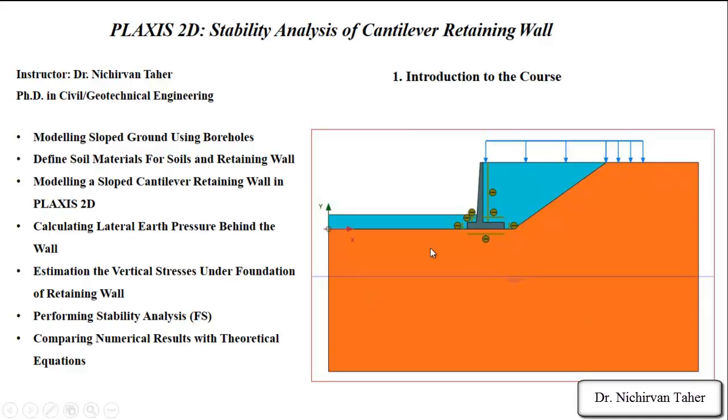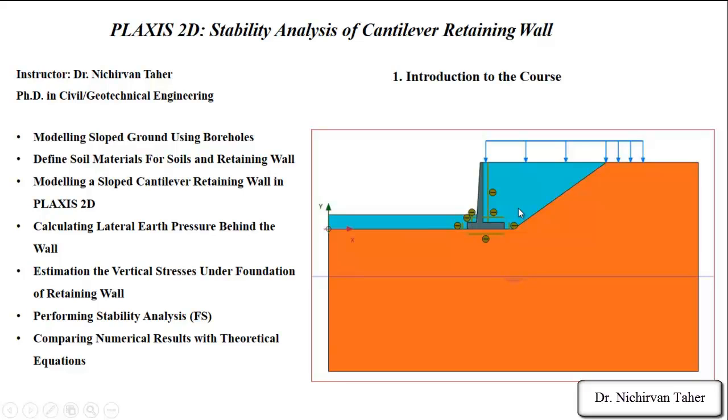We have a soil stratigraphy like this one, which is a stiff clay, and this is a sloped ground, and we will model and define this sloped ground in PLAXIS 2D, and after that we will model this sloped cantilever retaining wall, and we will have the interface between the retaining wall and the surrounding soil, to consider the soil structure interaction. And after that we will have a backfill behind the retaining wall and some fill in front of the retaining